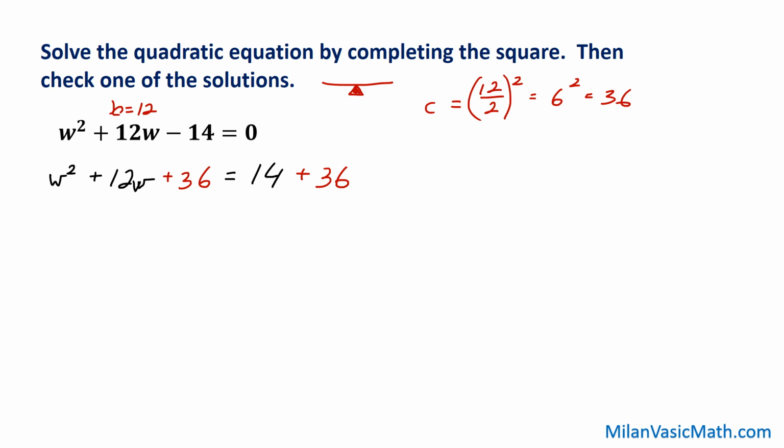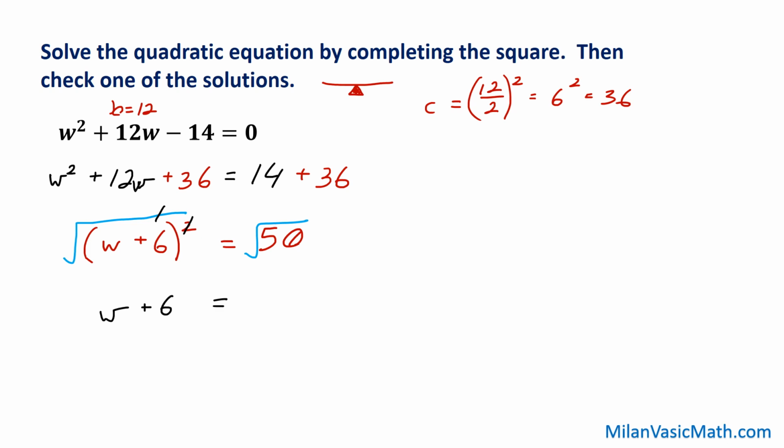All right, now the left side easily factors to w plus 6 squared. 14 plus 36 gives me 50. Take the square root of both sides, and on the left side, the square root undoes the square. They're inverses, so I have w plus 6